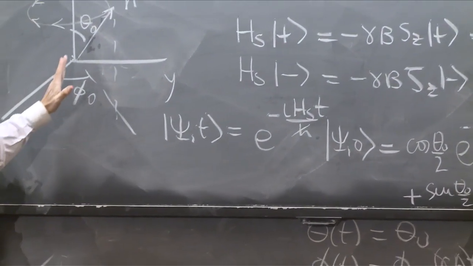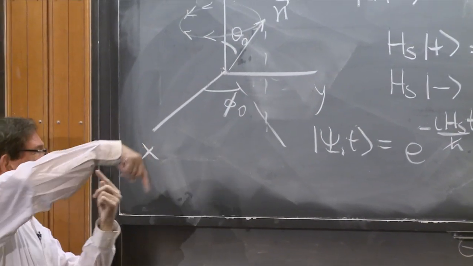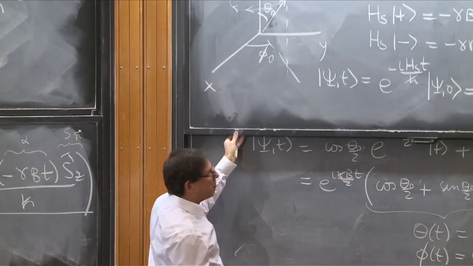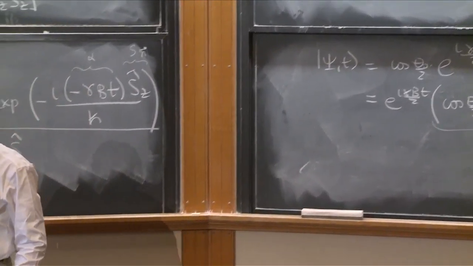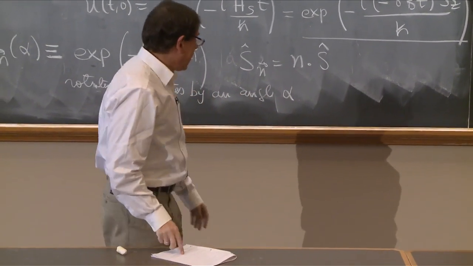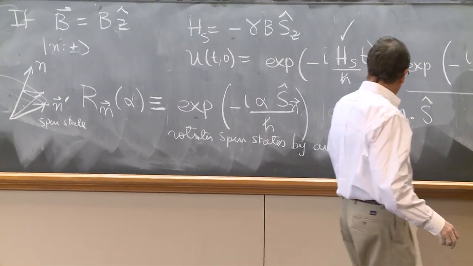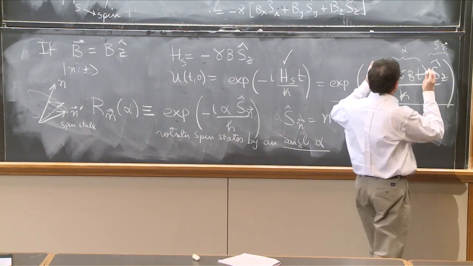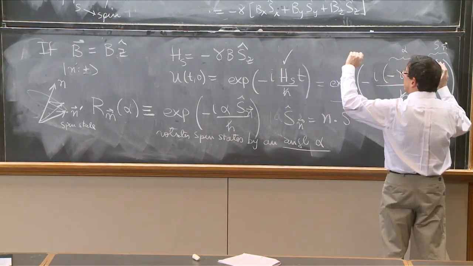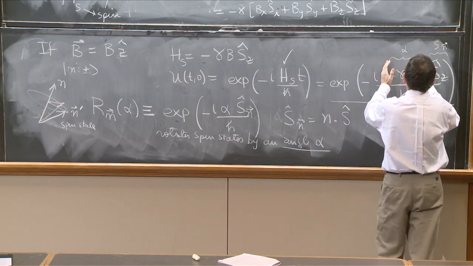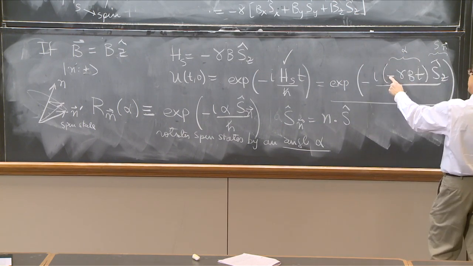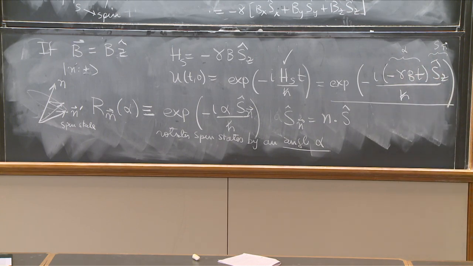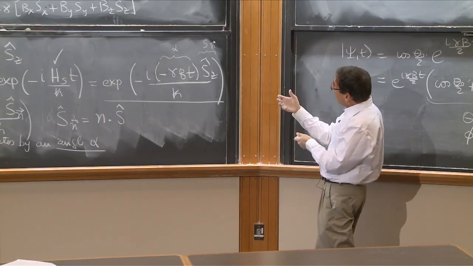So, with the magnetic field, you have a precession of the spin over here. So this is spin precession. And indeed, this is exactly what we're claiming here. If this rotates states by an angle alpha, this operator, this Hamiltonian that we've discussed here, must rotate states by this angle alpha, which is minus gamma Bt, along the z-axis. So you have the z-axis, and you rotate by minus gamma Bt.